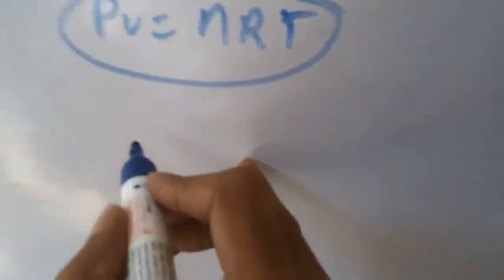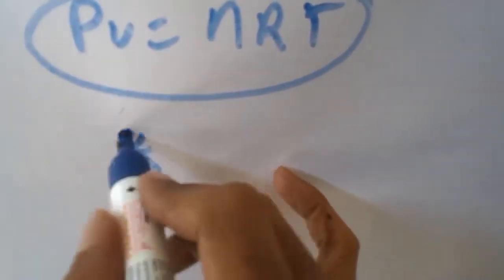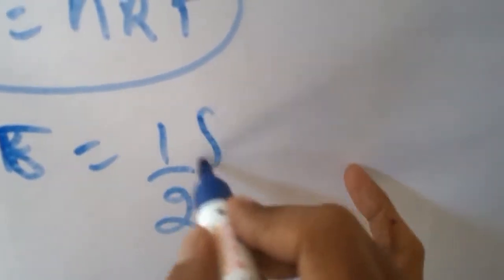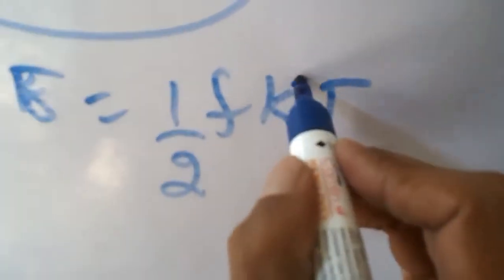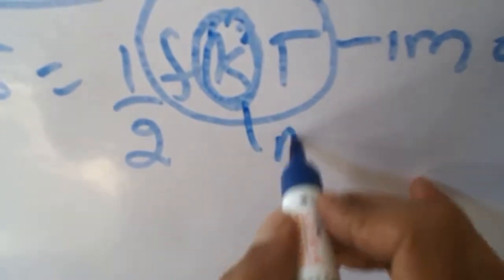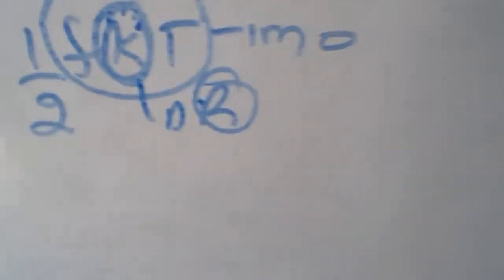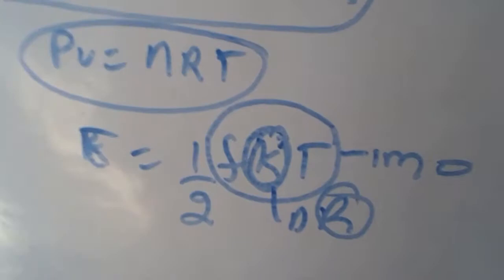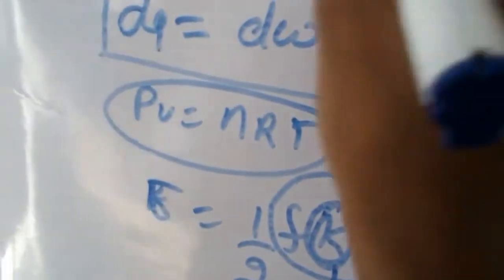Okay, and something which is called energy, E is equal to 1 by 2 fkT. This is for one molecule, and I will replace it with R when we talk about 1 mole. Here f is the degree of freedom. You cannot forget all these things. So we just try to solve the question with the help of these basic equations, and we'll solve all the questions. There is no need to memorize.